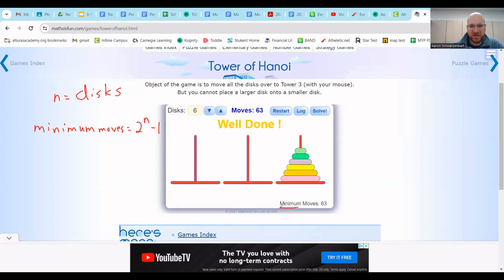This one was 63, 2 to the 6th minus 1. Okay, so that's going to lead us into this process of adding and moving on, this recursive